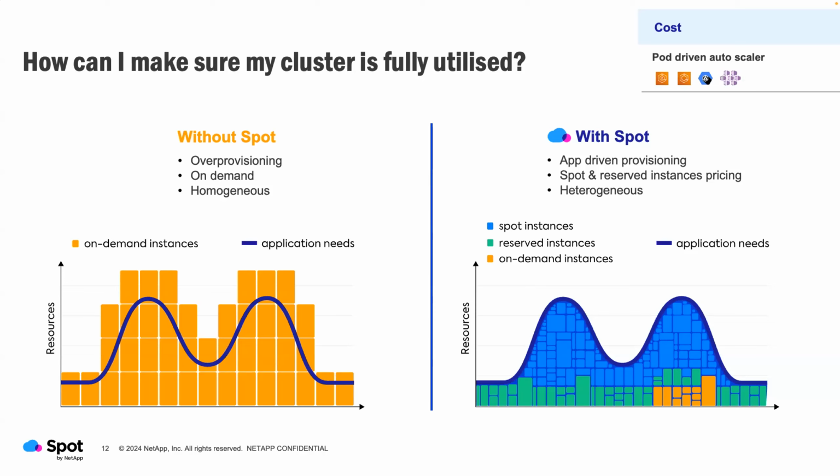And then on-demand instances, they still do make an appearance in here. Even though we want to get rid of them as much as we can because they are expensive, they still appear because from time to time, Spot instances aren't available, and we just have to revert back to on-demand. That's essentially our catch-all, because we want to make sure that the resources are there to run applications. But the key thing here is that all the provisioning of these resources is being driven by the application requirements. Everything that's running on our platform dictates what resources are being provisioned.